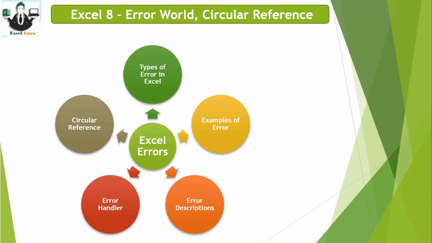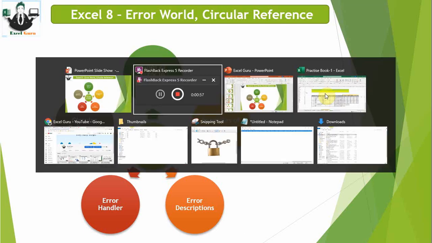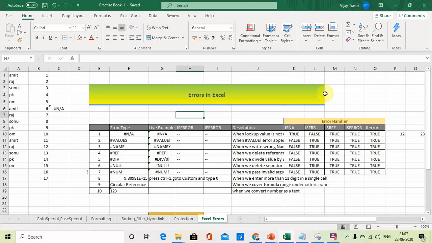All right, so friends, many times it happens while working in Excel, doing some calculation or applying some formulas, that we receive different kinds of errors. So it is very important to understand the nature of the error, why it is coming, the reason behind that, and how to fix it. It is very important to handle these kinds of errors to get the required outcome. All right, so let's go to Excel and understand this.